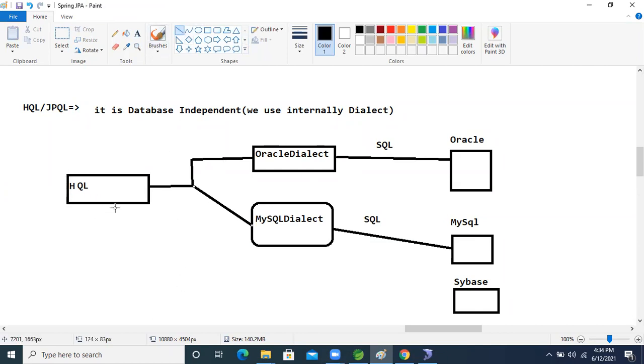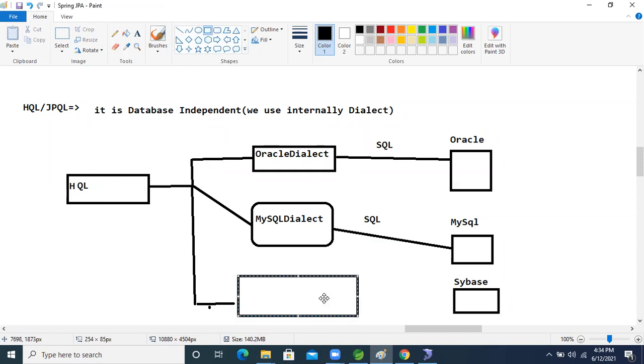We are writing the common HQL query, and just by changing our dialect, the query will be generated based on our database.